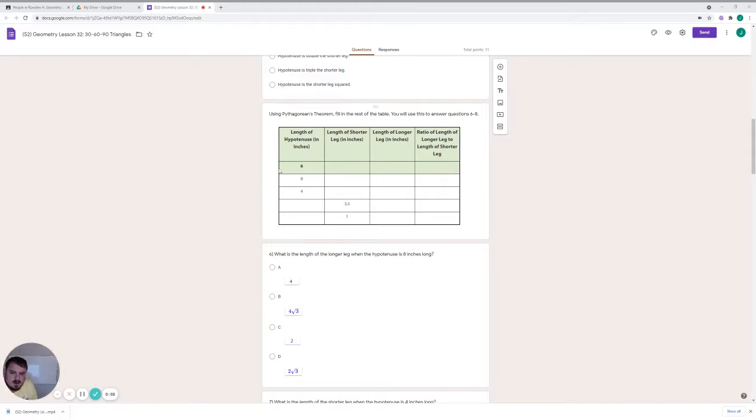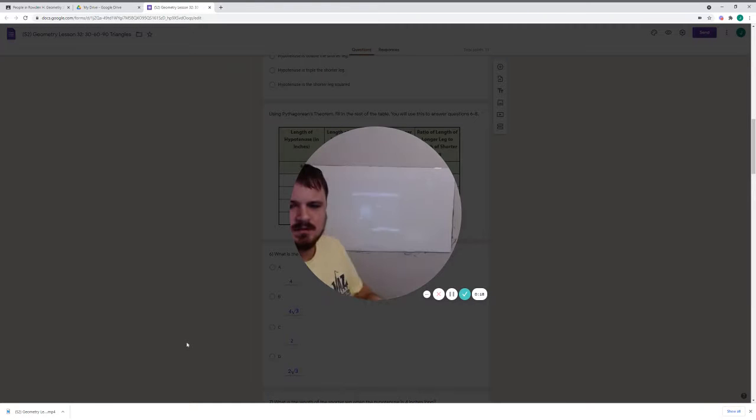Okay, so now we get to this table. This is similar to the table that was in the lesson I taught on 45, 45, 90. So let's say if we're going to do one where the length of the hypotenuse is 8 inches, and we're going to use the exact same type of figure we had before. So remember, the situation was